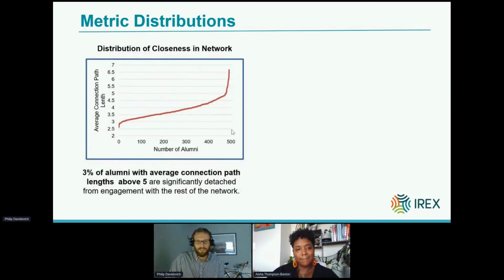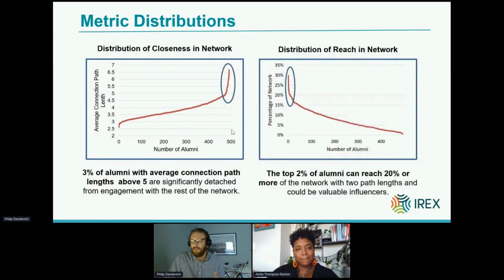What can you do with that? And the answer is you can really plot their distribution across the whole map. What you see here on the left-hand side is what we did with the Community Solutions Program. We plotted all the individual closeness metrics in the whole map. The really low scores, that 2.5 area, mean people are very close